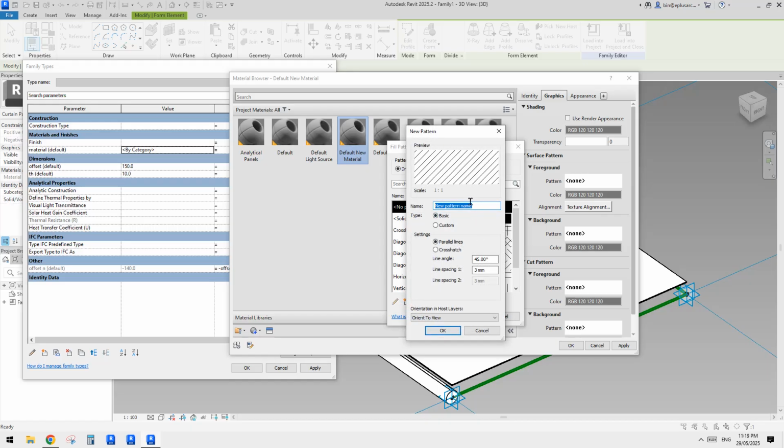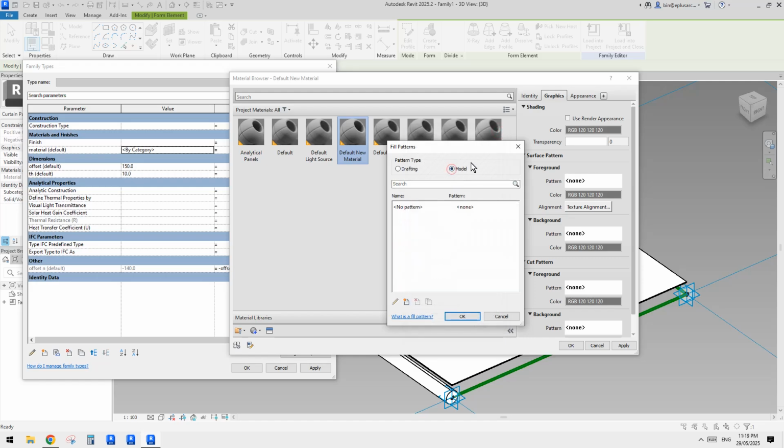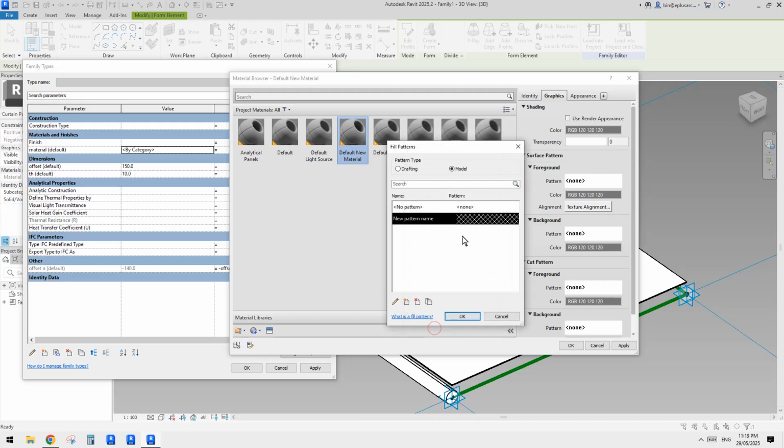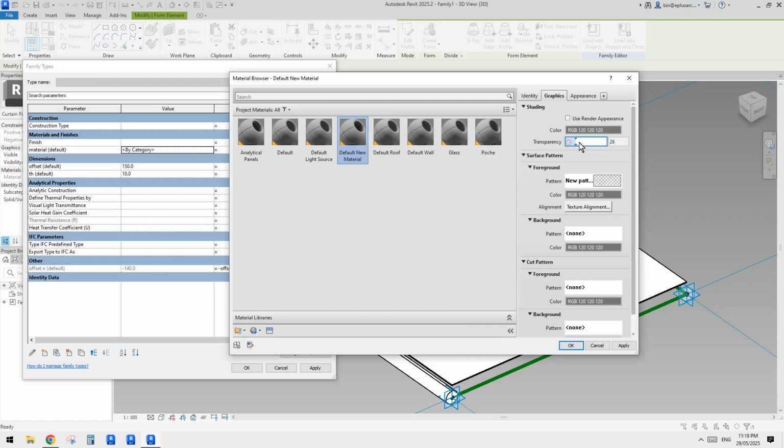Excuse me. Yeah, so pattern, right? So what pattern do we, oh, hang on. Maybe I'll use model pattern instead. Size 45 is for 50 by 50. So cross hatch 50 by 50, that should be enough. Okay, and then finish and give it a little bit